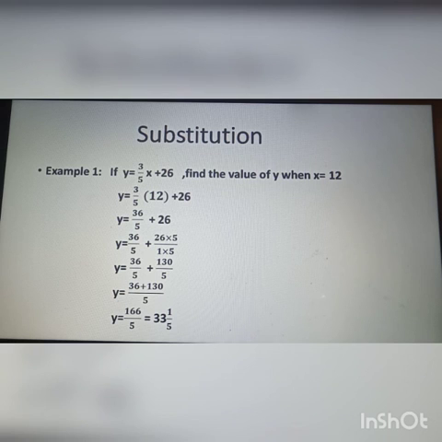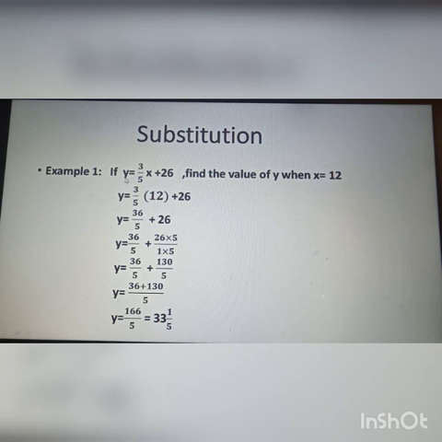Now I am moving towards the substitution method. Substitution means that within the term we are to substitute any value in any formula and then get the answer. Here I am showing you solved questions. The reason behind it is that working on the computer in this way, typing and putting equations, takes a lot of time. So that is why, just to save time, I am showing you these solved questions.